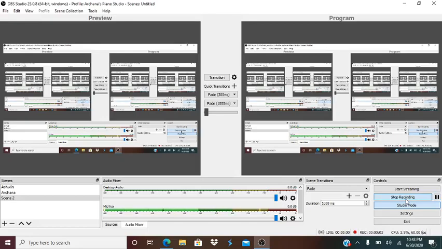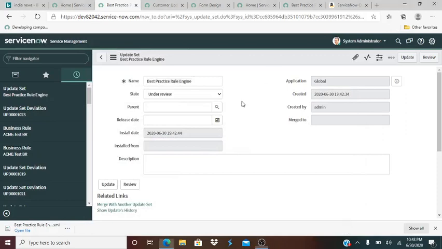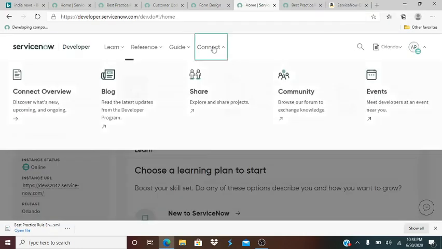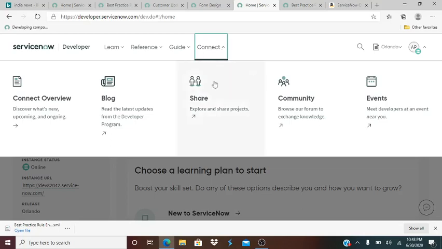Hi there. So let me demonstrate how to use my best practice rule engine. Go to Share. Go to Developer, ServiceNow, Share,